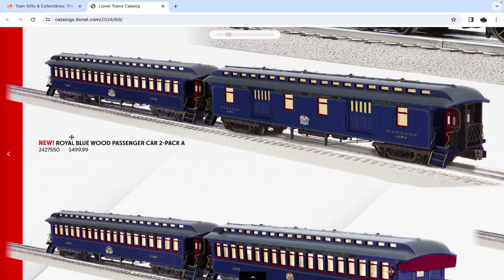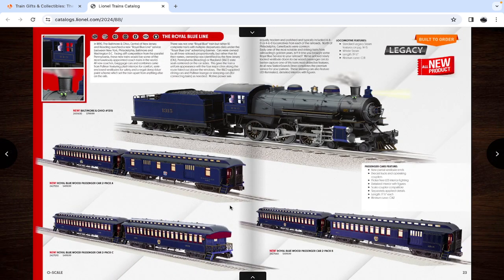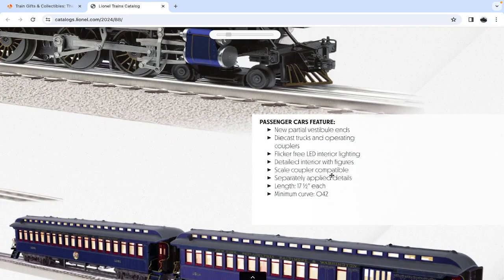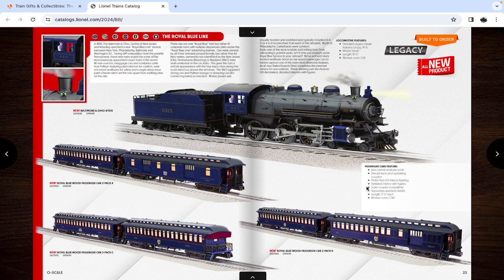For the price tag of $500 for a 2-pack, you're basically getting $250 for each car. If they have people, which I think they do. No, it doesn't look like they have any. Oh, yes, they do. Detailed interior with figures. Okay, that might be a little more justifiable for the price tag of $250 per car,